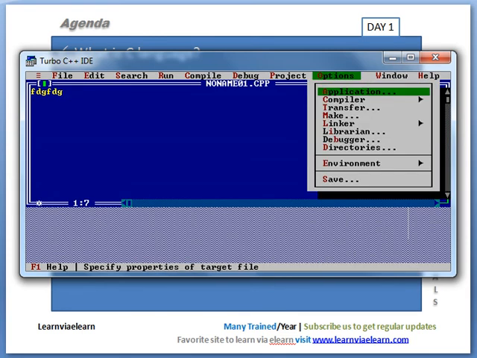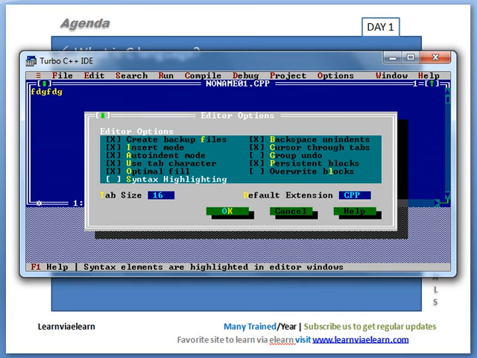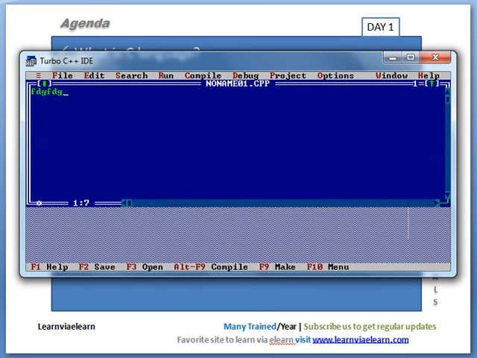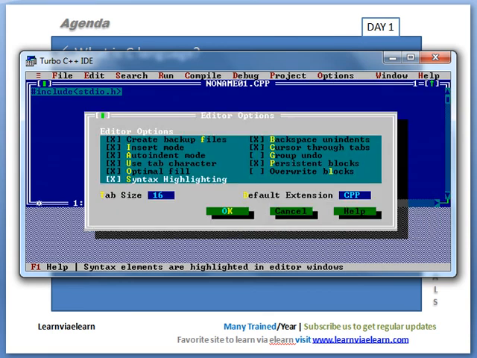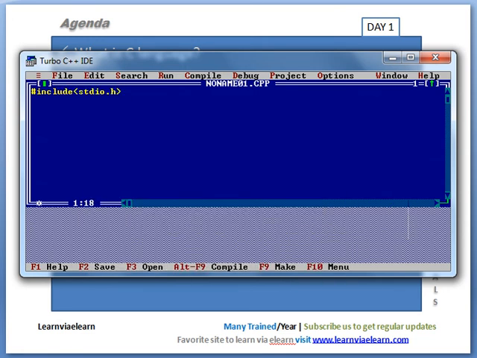Let me give an idea of what happened. For example, if I mark this here and press OK, now see the color changes, and it highlights everything. If I write any statement like include dot h something, it is showing like this only, right? But to give you more visibility, I have made a small change here, and I have removed this. Oh, sorry, this one, right? Okay. So let me start with my first program,